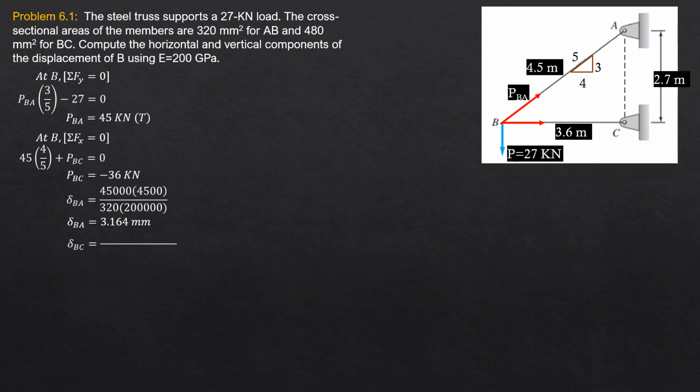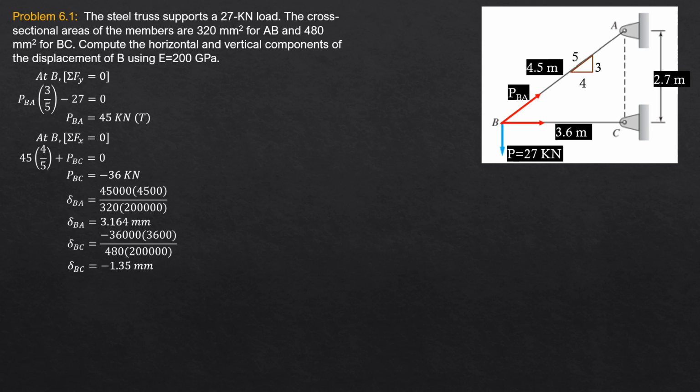Then deflection BC is negative 36 kilonewtons, 36,000 newtons, length 3.6 meters or 3,600 mm. Area is 480 mm square, modulus of elasticity 200,000 newtons per mm square or megapascals. So in mm, it is negative 1.35 mm. So the principle is to locate the final position of B